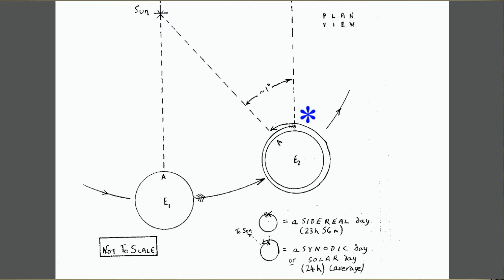Now, would the sun be overhead? If I was here, no, it wouldn't, would it? Where have I got to get the sun overhead again? You see, it's got to go round to there, which takes another 4 minutes. All right. So people on the Earth, what did they observe? They observed this.